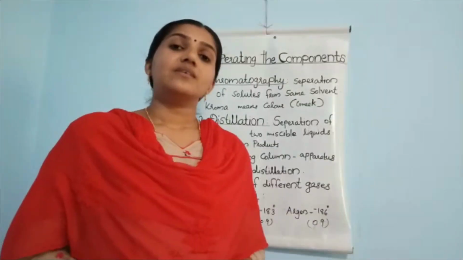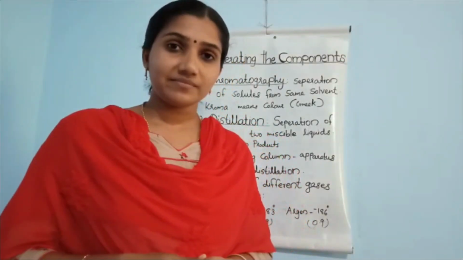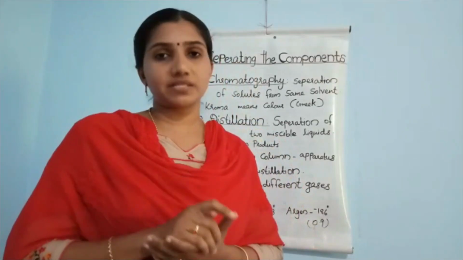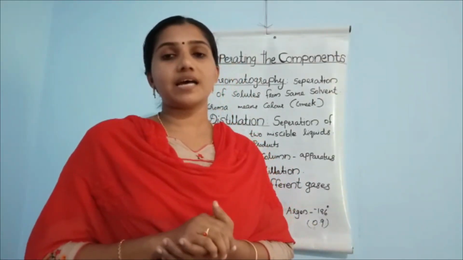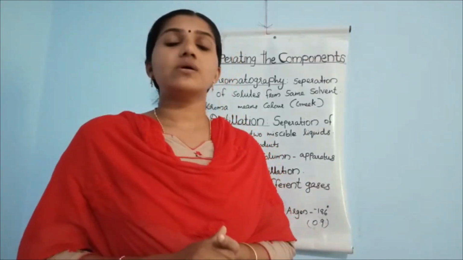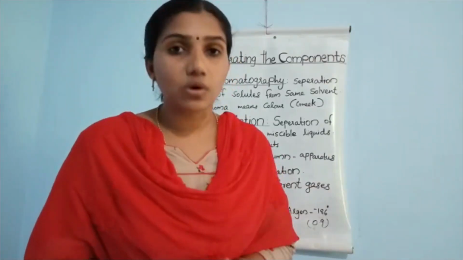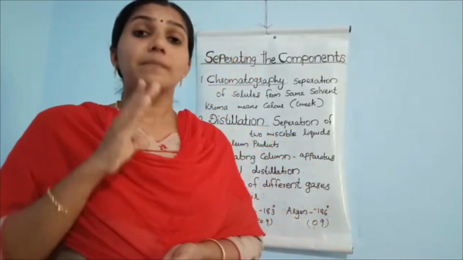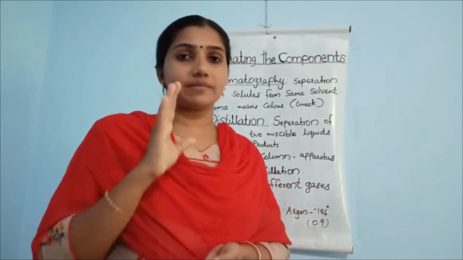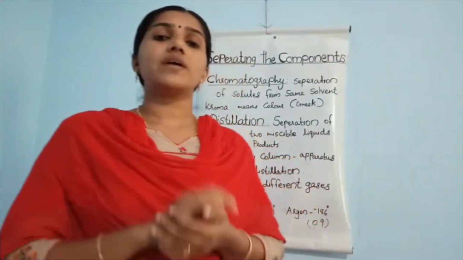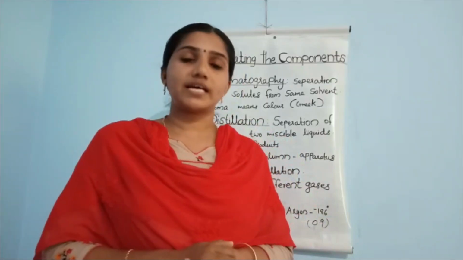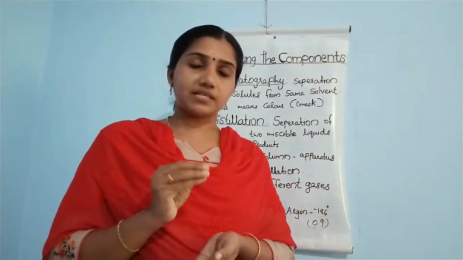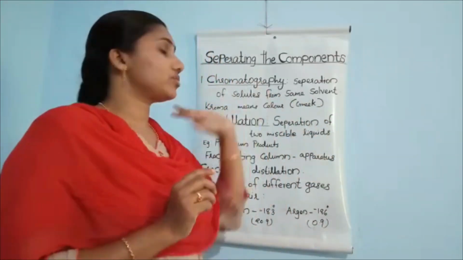So from that experiment, what are you understanding children? We know that water is a solvent. In that water, dye or ink is mixing. Ink is taken as a solute, and the solute is mixing in that solvent, after which the ink is formed. We know that a dye is a mixture of two or more components, or two or more colors are present in that solution, that is, the ink. So from that we need to separate them. That separating method is known as chromatography.